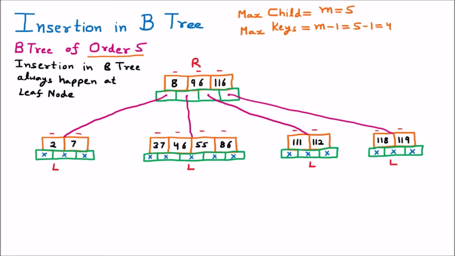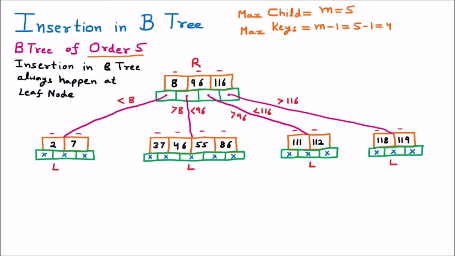And also it is following the MV search tree property, that the node which is on the left hand side will have the values less than, just like if we are considering this branch, then the values are less than 8. Then talking about the next branch, there the values greater than 8 but less than 96 will come. If we are considering the next branch, then values greater than 96 but less than 116 will come. If we are considering the next branch, then all the values which are greater than 116 will come. So all the conditions are satisfied here.